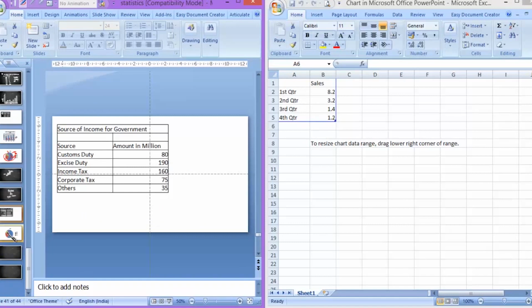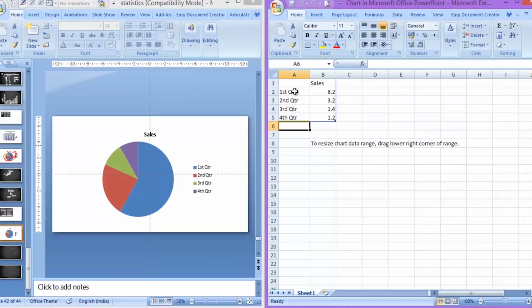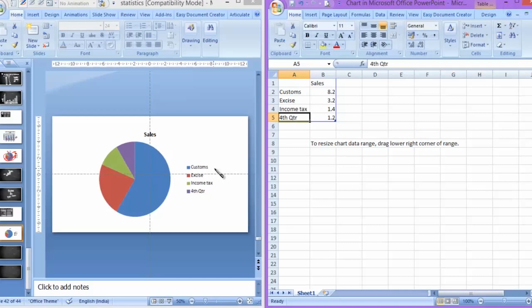We'll write all the sources here. Number 1 is customs duty, the second is excise duty, the third is income tax, and the fourth is corporate tax.